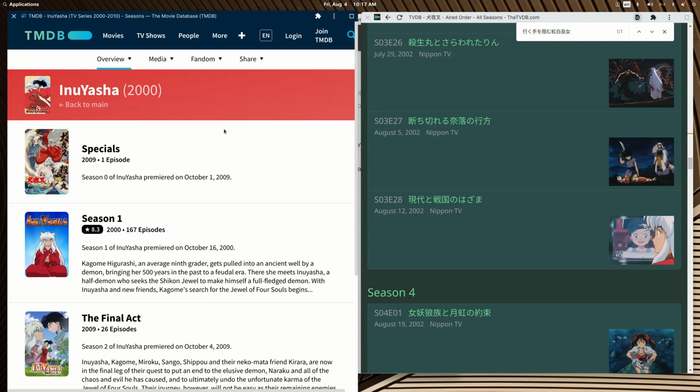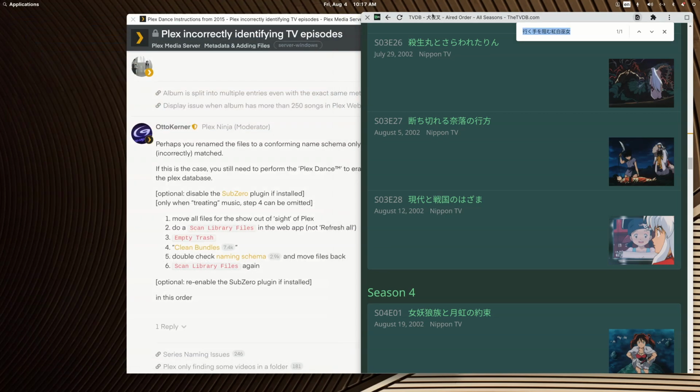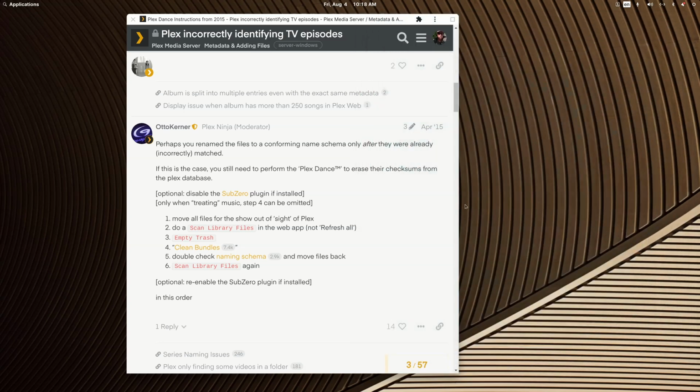So the movie database is my Plex naming Bible for my movie libraries, but it doesn't exist in my world for my TV shows. Just because TVDB is so much easier,